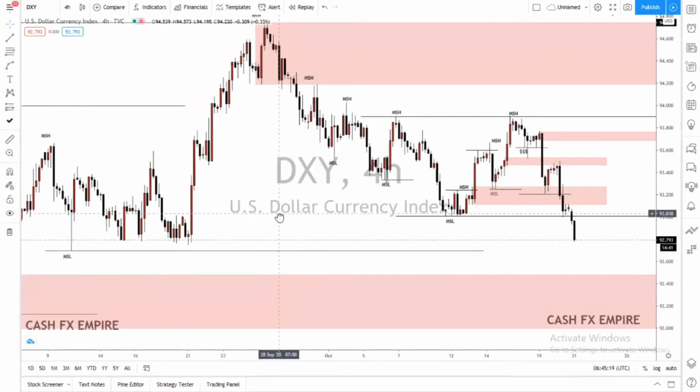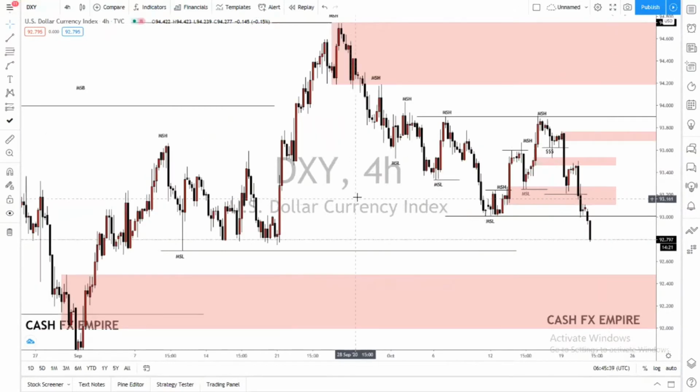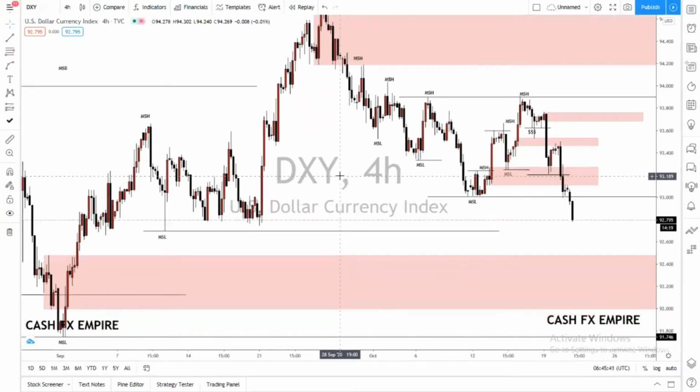Right now, this is no time to trade. Let's wait for at least a reversal into this range that has been left here between this market structure low and this market structure high. Currently we're creating a market lower low, and price will surely come and revisit to make a lower high somewhere in here if possible. So let's wait and see what we can trade henceforth.